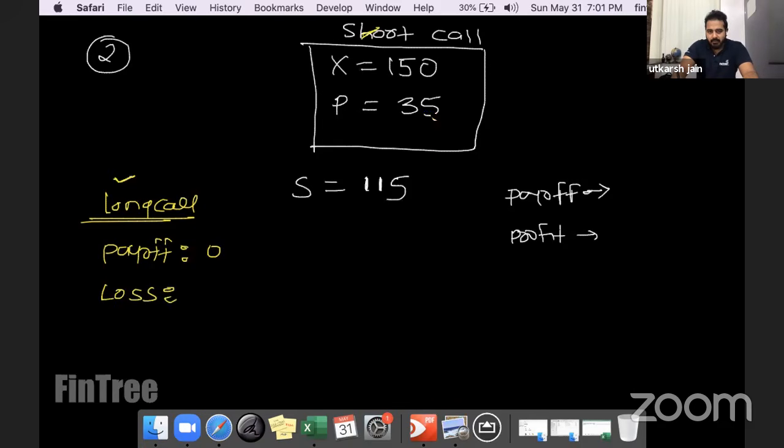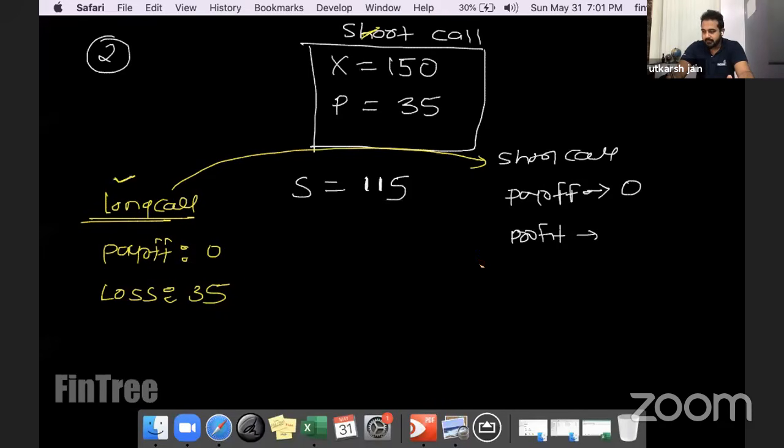He paid a premium of 35 at the beginning of the contract, so he's going to lose the whole 35. Invert the sign. So zero remains zero, and 35